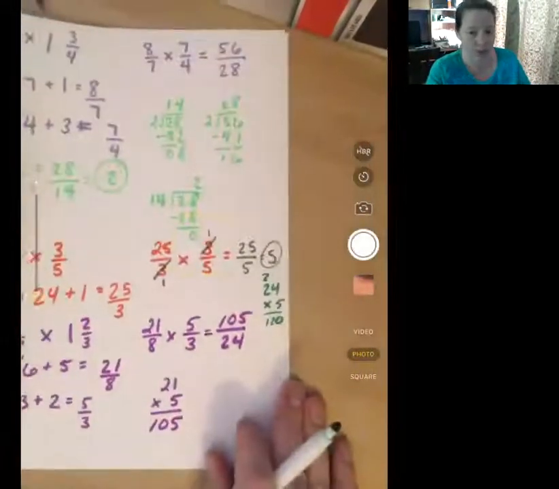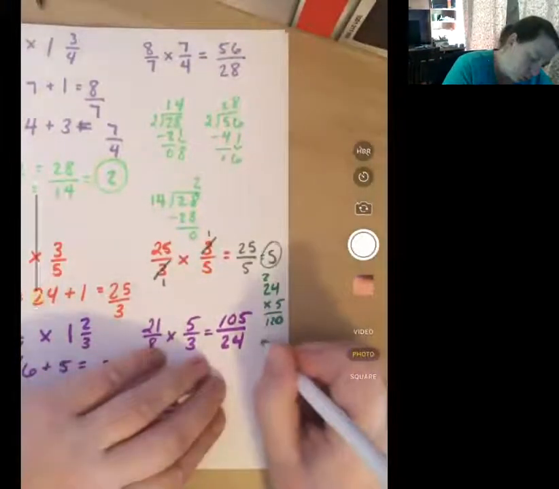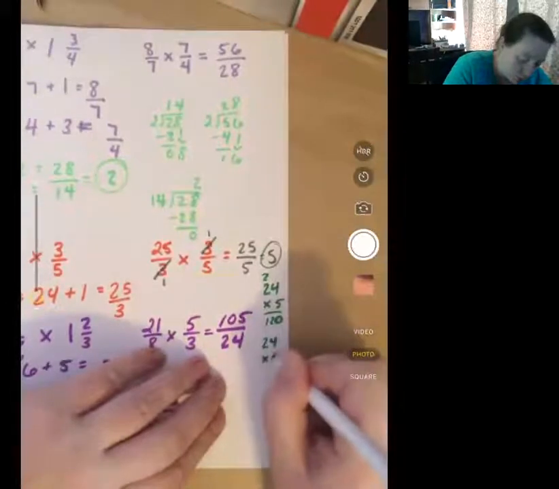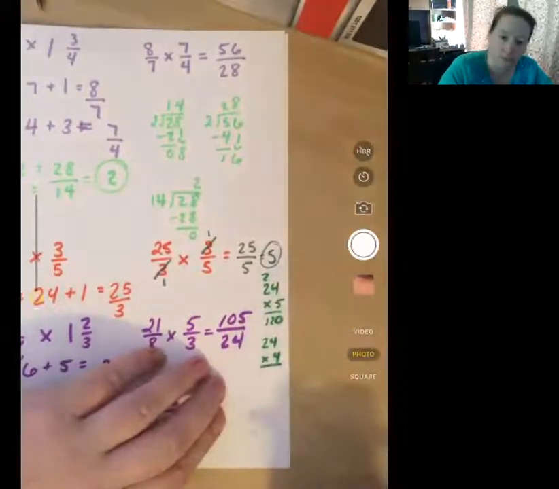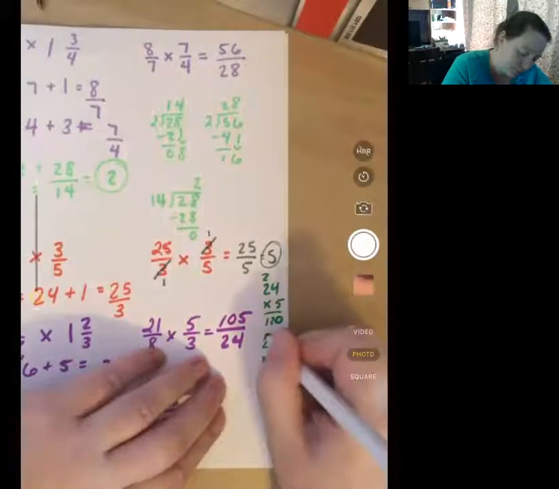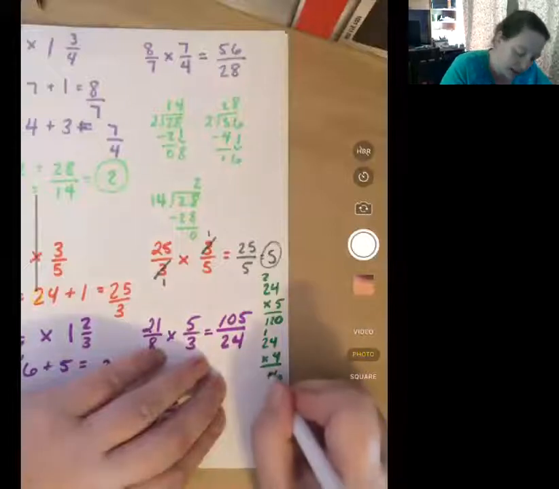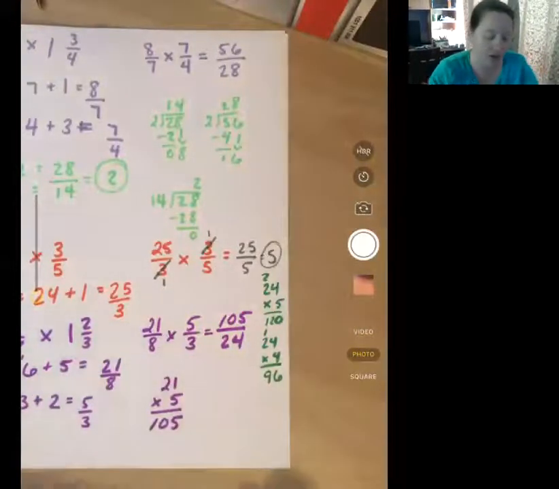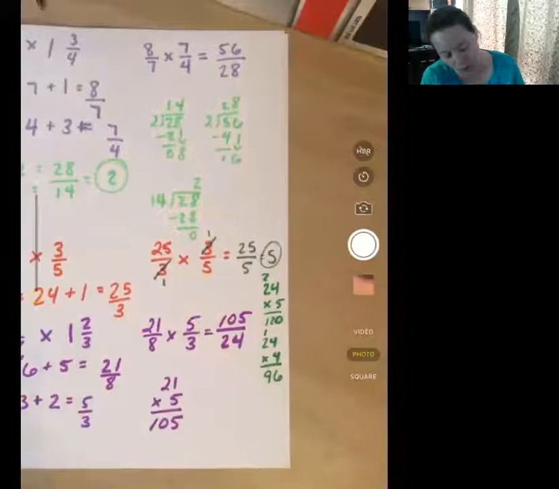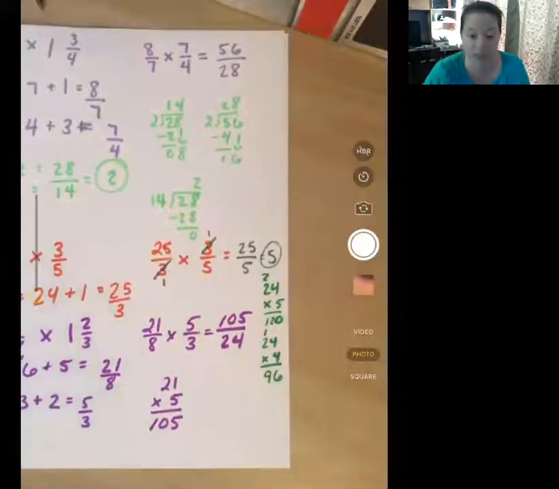Let me slide this whole thing over. So 24 times 4. 4 times 4 is 16. 2 times 4 is 8, plus 1 is 9. 96. Okay, so this one is not actually going to end up just dividing out the whole way. So we do need to